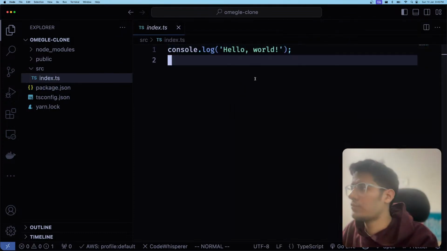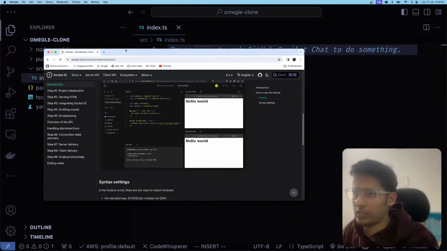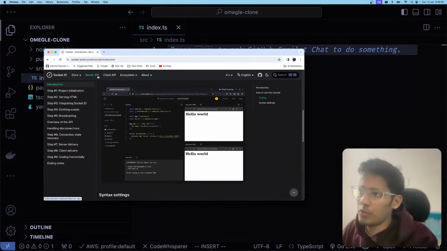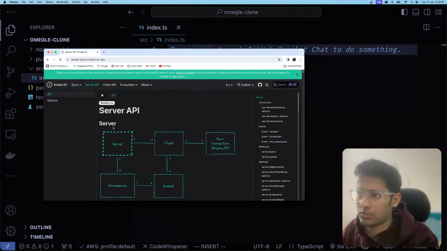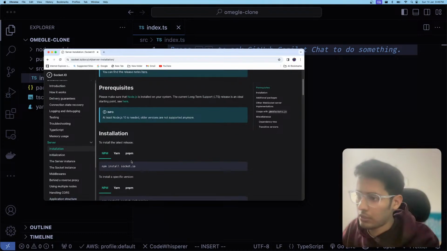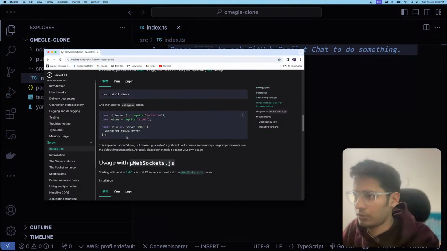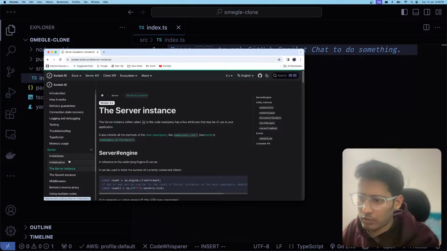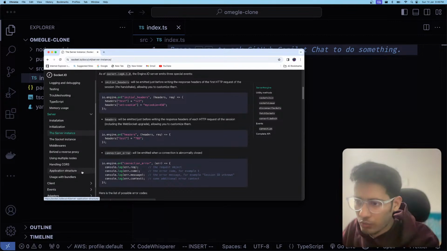The next thing we have to do is set up socket.io, and for that we'll have to see the documentation. So let's see. The first thing we'll do is go to server API. And okay, that's okay. We'll go to docs, docs guide, and then we want to go to server and installation. That's kind of good, we don't care. Server instance. So I think there will be some